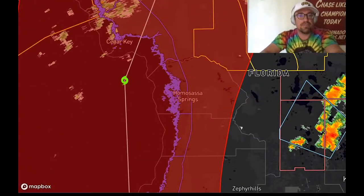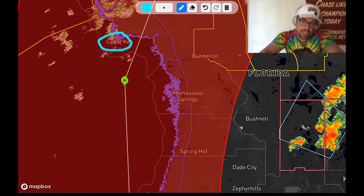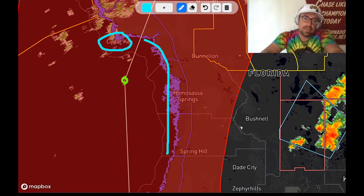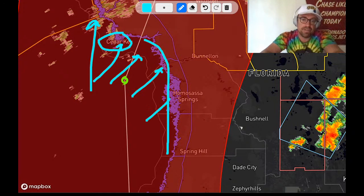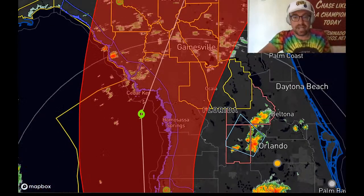Right now, the official forecast track is just to the east of the Cedar Key area. That would bring most of the surge to the east of Cedar Key, but if this thing passes just to the west of there, you're going to get those southwesterly winds coming in there as well, piling up that water 3 to 5 feet, definitely above normal levels, even above ground level. Homosassa Springs there, Cedar Key, Spring Hill, Tampa Bay, anywhere north of there is going to have that dangerous storm